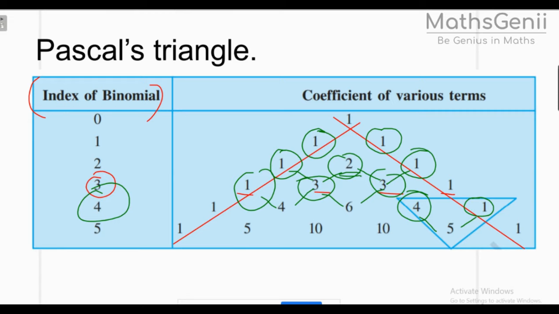Okay, but every time do I want to draw the triangle? Absolutely not. Then what do I do? In this case, to find these coefficients, we have a formula. That formula says, so we had (a plus b) the whole cube, right? So here for generalizing, we write (x plus y) raised to n. Then we want to expand this.